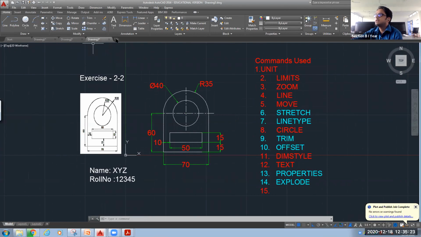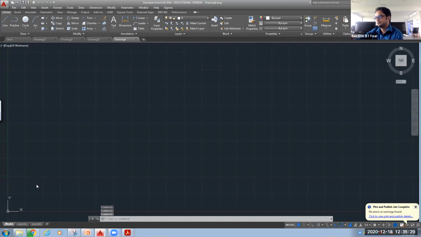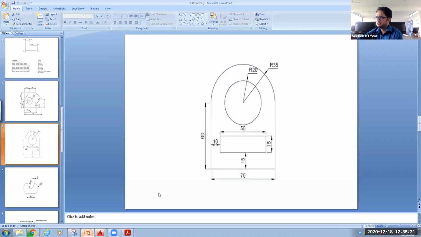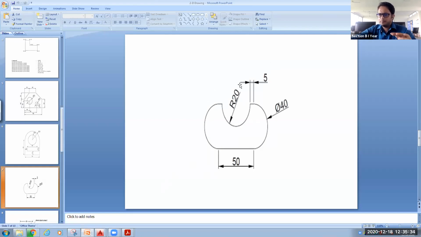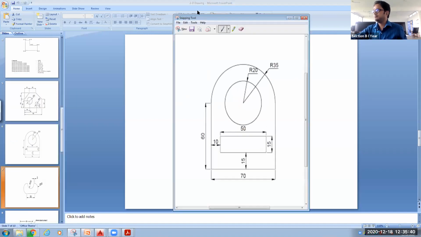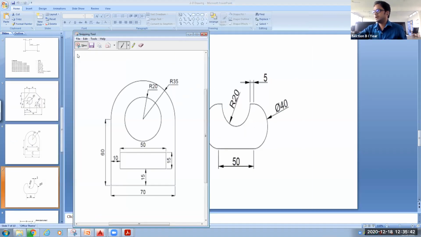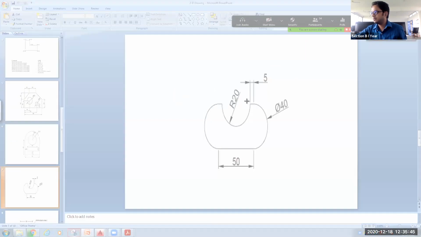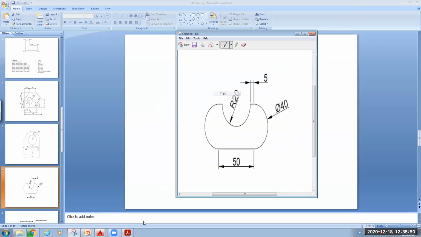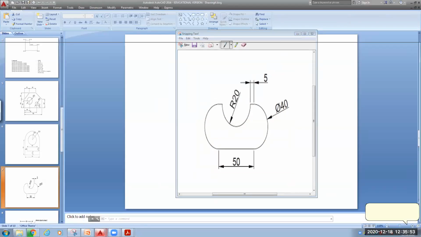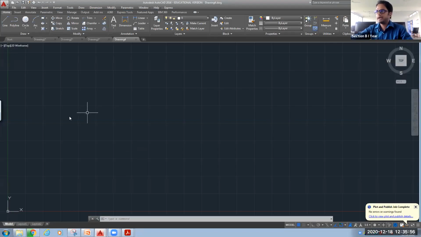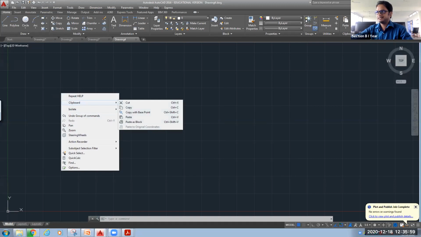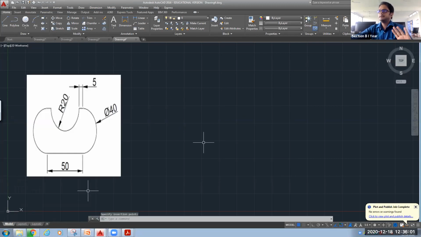Okay. So let's move on to the next diagram. What is our next diagram? This one. This is very simple, yet we will draw this. You can see a combination of circles are there. So let's use my snipping tool. I want to take a new snapshot. Right click it, copy it, come to the workspace of your AutoCAD, go to the clipboard and paste it. Insertion point, let it be here.